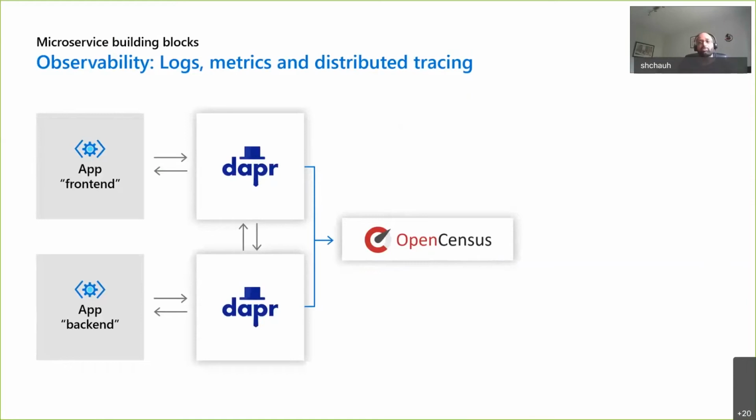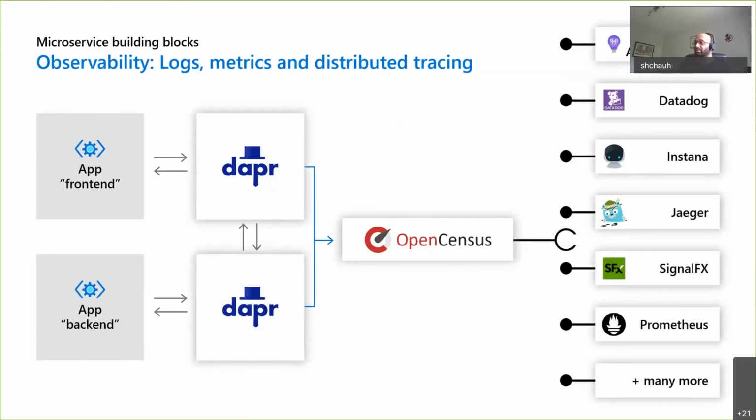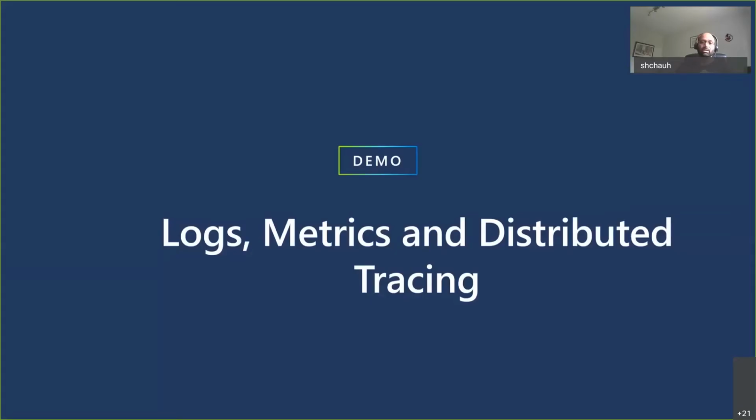What Dapr does, if you remember, I told you that one of the building blocks is the observability block, and it follows OpenTelemetry, or actually OpenCensus, which is now part of OpenTelemetry. And by using this, you can do distributed tracing and export the metrics, logs and data to any open source software like Prometheus or Zipkin or Jaeger or Application Insights, anything which follows OpenTelemetry. So I just would like to go back to my demo, the same demo,